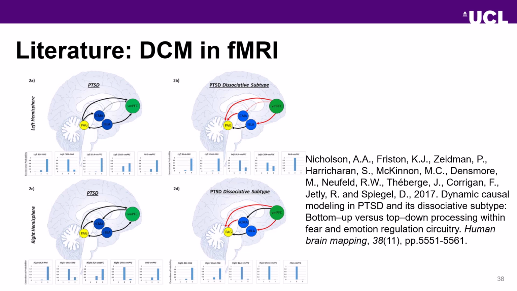So towards the end now, I just like to cover some examples from literature. And I really liked this study they did a few years ago when they were investigating PTSD. And not only did they use DCM to show how PTSD differed from healthy control, they also found differences between PTSD and a PTSD dissociative subtype. So if we look at the left and right hemisphere here in these diagrams, we can clearly see the effective connectivity is different, and the way the brain is working and talking to itself, talking to different regions, connecting, is clearly shown to be different in this example.